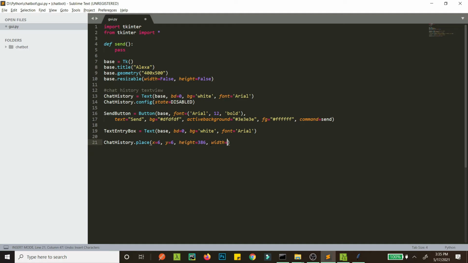Height same, and width will be 370. Width will also be 373, or what is the width? We have 400. Width will be 376. And then we have our entry box. Let's place this. We want our entry box to be placed in the bottom right, to be exact, so X will be 120, and Y will be 400, height will be 80, and width will be